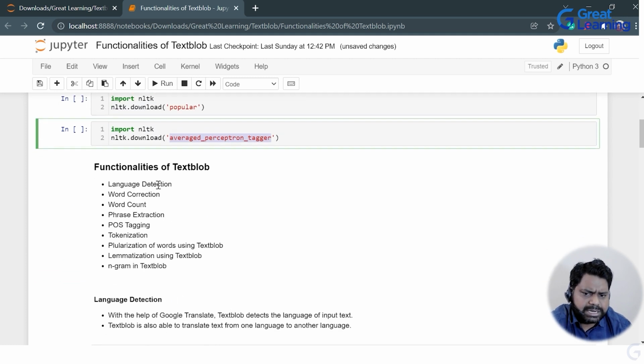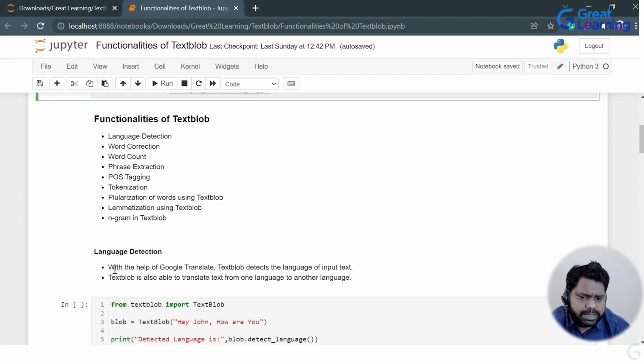So in this session, what are the functionalities we will be looking into in this video? We will be looking into what is language detection, what is word correction, how you can count the words or get the frequency of the words, then phrase extraction, then POS tagging, what is tokenization, pluralization of words using TextBlob, lemmatization in TextBlob, and n-grams in TextBlob. So what is